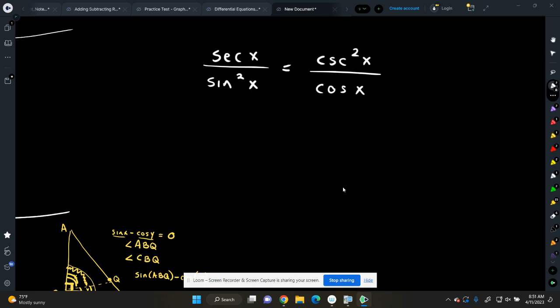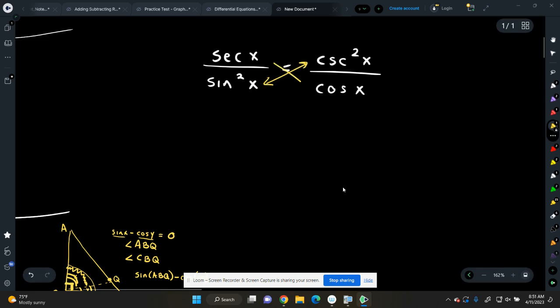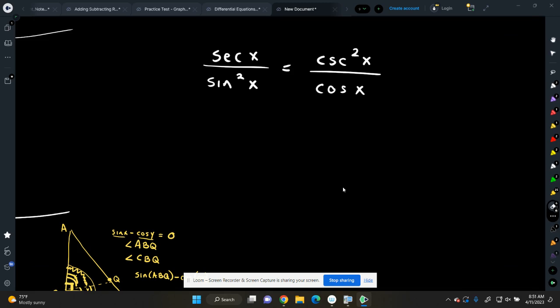What we have to avoid, because our temptation is to cross multiply. Right? We're not solving this. We are verifying that these two sides are equivalent. So I have to work with one side by itself and then with the other side by itself. And we want to get the two sides to be exactly the same. We're not solving it, so we're not going to cross multiply. That tends to be what we want to do because that's what we're used to. Okay? So what do we know about secant?